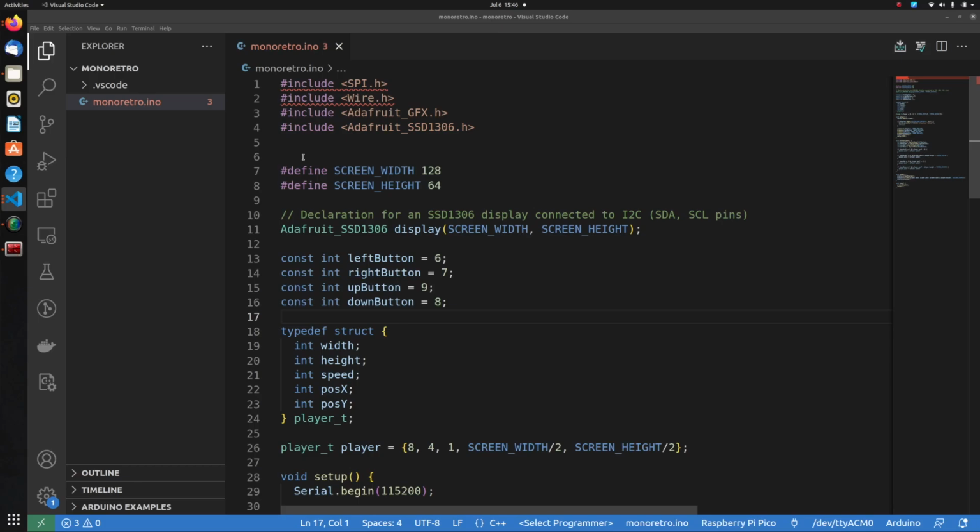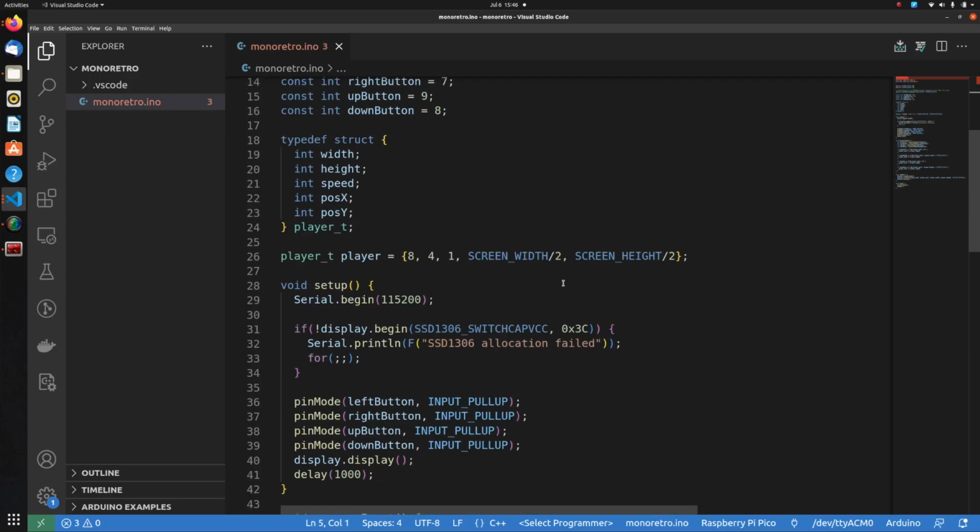First thing I'm going to do in this video is restructure this project. Right now it's just a single file called monoretro.ino, and while a single file is good for getting started with a project or creating a test project, it has lots of cons and it's not suitable for bigger projects, or rather it's not scalable at all. So we are going to restructure this project in such a way that all our games, for example the two games we are going to make as part of this series, Space Invaders and Pong, should be able to live within their own files. We will have one code file for Space Invaders and one for Pong. They will have their individual header files, and those header files will get imported into monoretro.ino